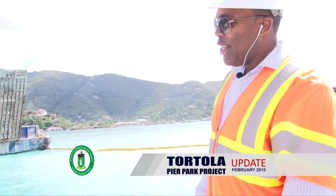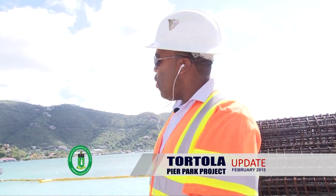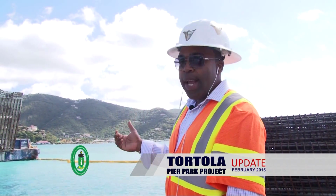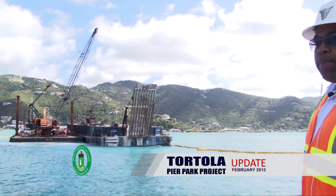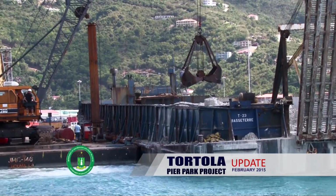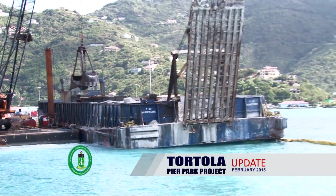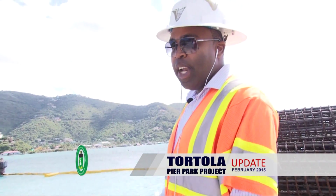As you can see, we're continuing with the dredging activities. We're doing the mechanical dredging at this point. We're completed with the hydraulic dredging, which was a soft dredge, and we have to use this crane with a bucket on the end to deposit into this barge to get the remaining dredge materials from the bottom of the ocean. This material will be further deposited into the revetment area that the other material was deposited into. This process is much slower than the other process, but it's necessary because of the hard materials that we find